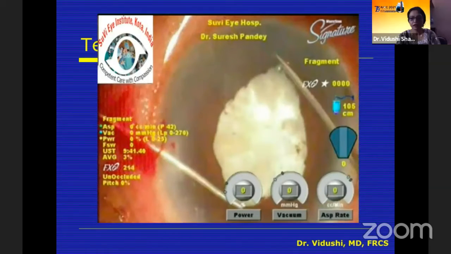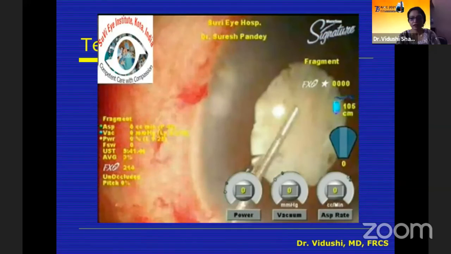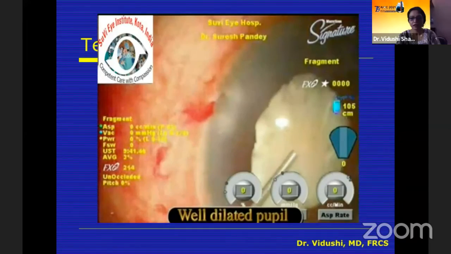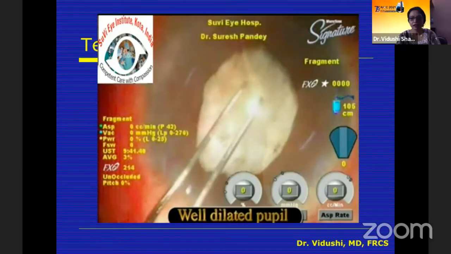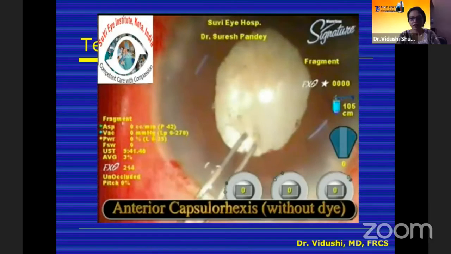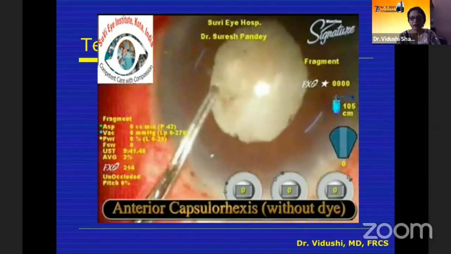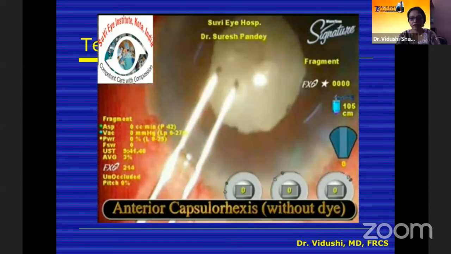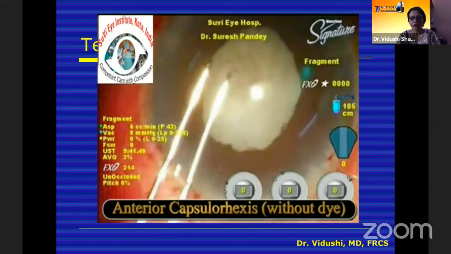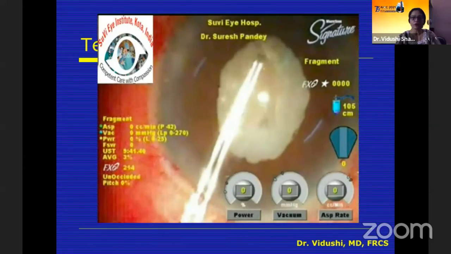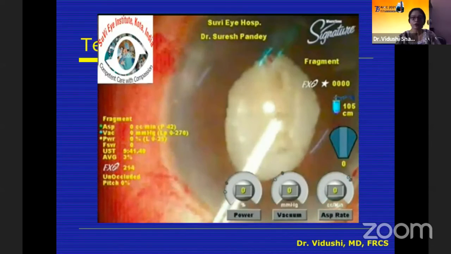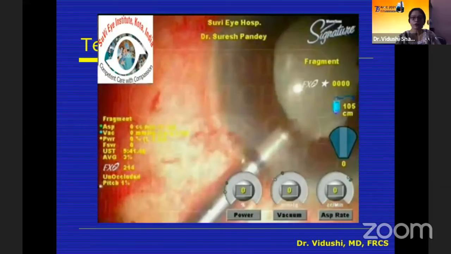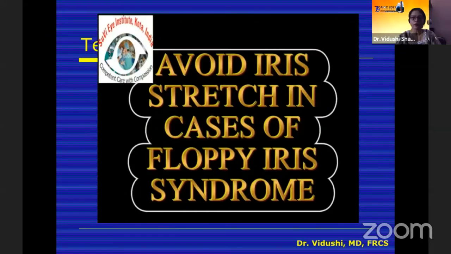No tear anywhere. And the pupillary stretch technique should never be used in cases of floppy iris syndrome, and it should only be reserved for cases with this kind of thick post-uveitic fibrotic iris, because the pupillary stretch also causes a prostaglandin leak, causes miosis during surgery. But it has a role in these kinds of cases, and after we have stretched the iris, we may introduce viscomydriasis, or we may introduce iris hooks, or even pupillary expansion devices. So as I said, avoid iris stretch in cases of floppy iris syndrome, because once you stretch it, the iris will become even more floppy and will tend to come out of your incisions, and it will become difficult to handle. So this is only for some cases.